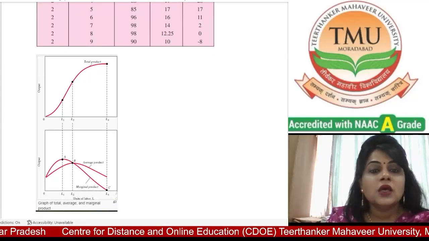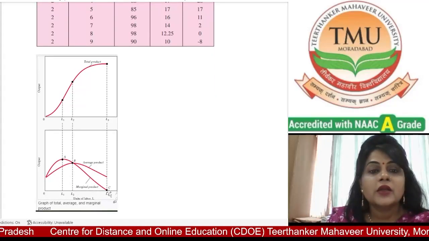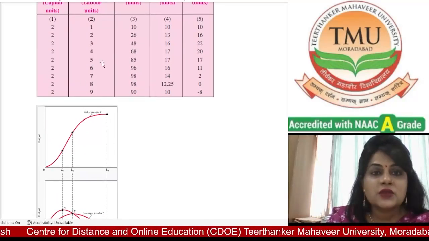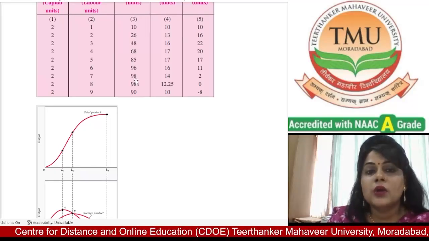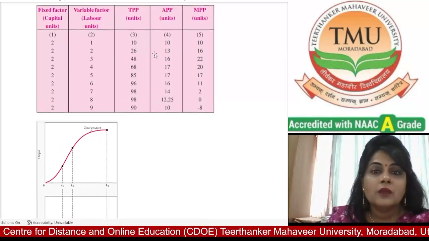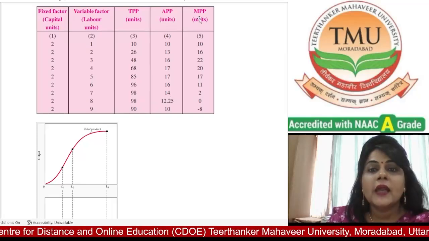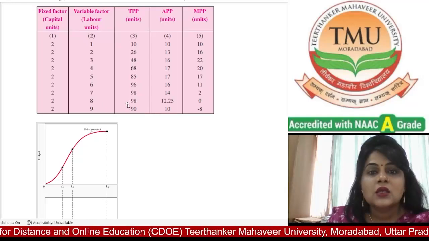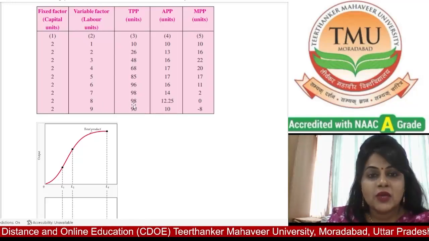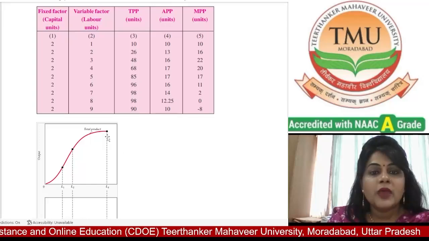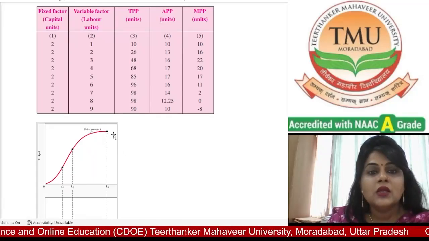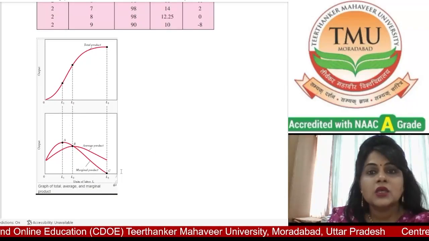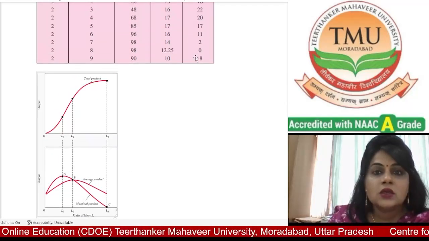And then you see here the average, and it decreases fast, MPP. Now, further using more labor, total variables 98, APP becomes 14 and MPP 2. Now using variable factors, it is also maximum 98 and APP here has become maximum. Now after this it will start becoming negative, and the negative sign is not showing here, sorry, and it becomes